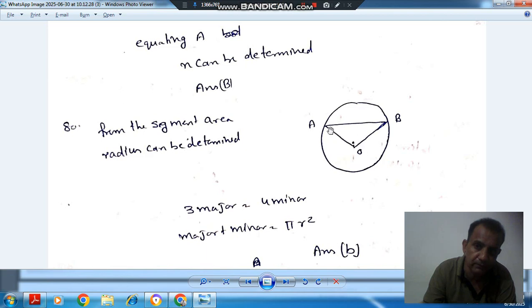So this is your minor segment. If we know the area of this segment and the area ratio, we have 3 major and 4 minor, so we can determine the whole area, and area is pi r square, so r can be determined. If we know the area of this portion, the major segment, we can determine the area of the whole circle, then we can determine the radius of the circle. So the question can be answered by both the statements. The answer is option